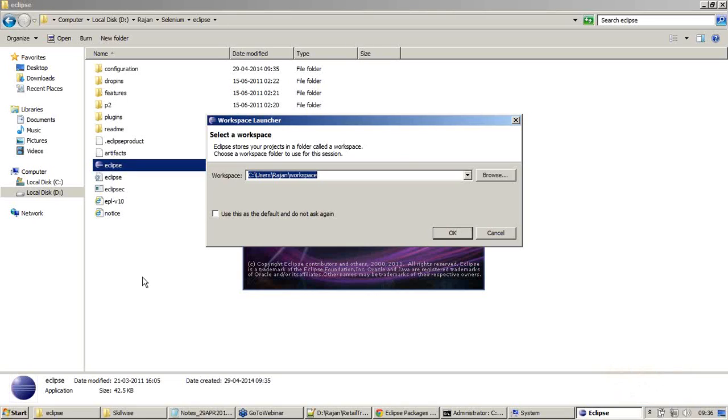To plan correctly, I'll always advise you to have your workspace inside your Eclipse folder, because whenever we move our Eclipse to another system, or you need to have another system with the same environment, we can just zip this Eclipse folder itself and move all our code. To minimize the risk of forgetting our code in some other system, we can always have our workspace directory inside the Eclipse folder. See what I'm going to do now.